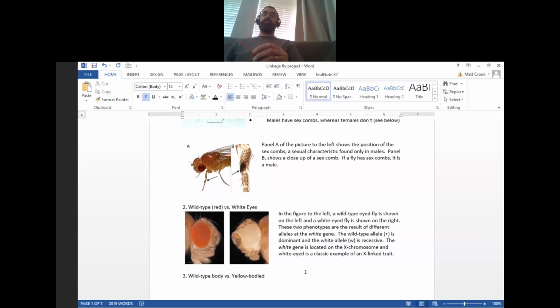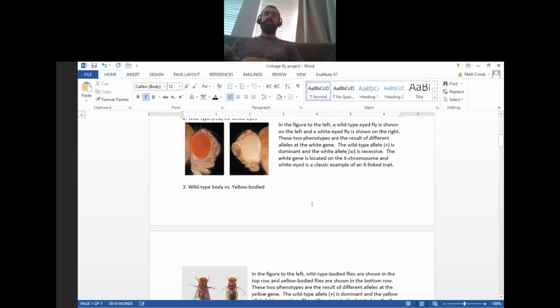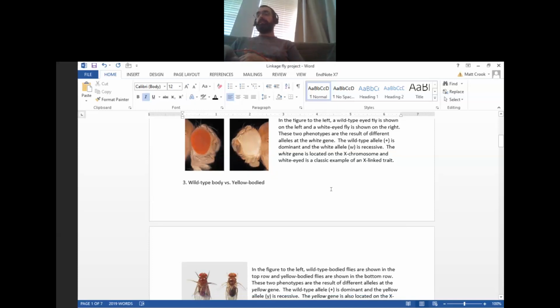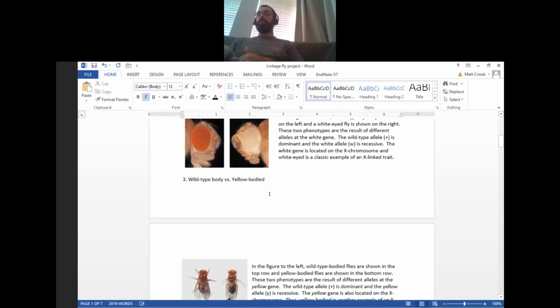Right, so this was the starting point for his experiments, which kind of led us to what we have today, trying to map all of the genes on the X chromosome of flies, and white is on the X chromosome. And so you're going to be working with 2 different traits, and I truly do wish you were able to do this in person, because it's a lot more context essentially. But what we're going to do is, at least on computer, do a cross between traits with 2 sets of flies which are either